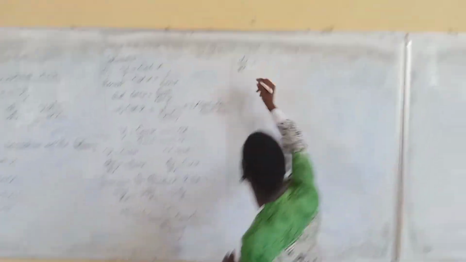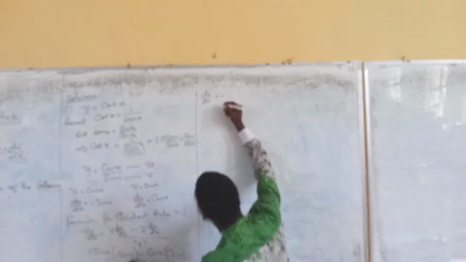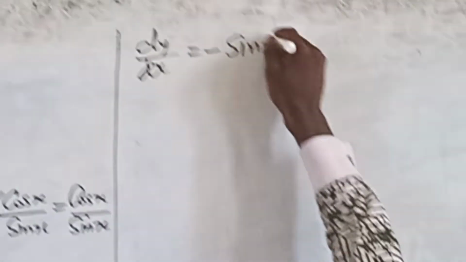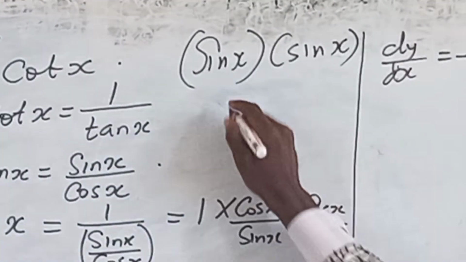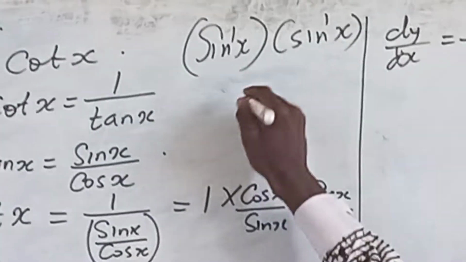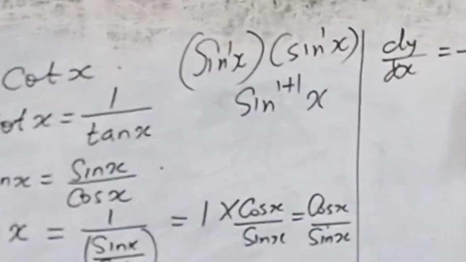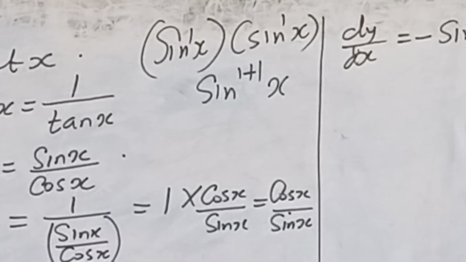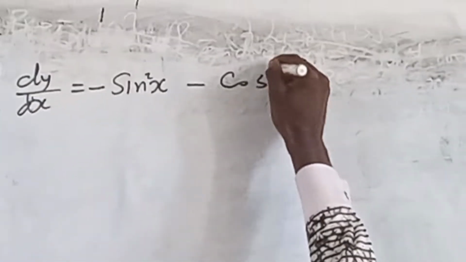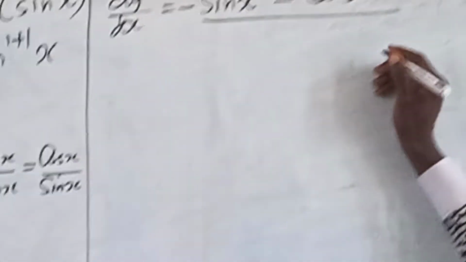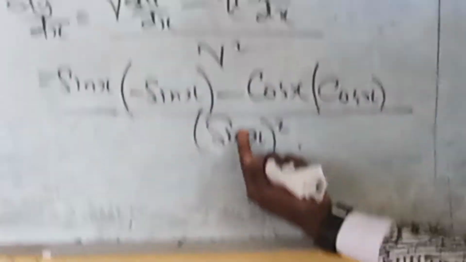So the sign comes first, then sin x times sin x is the same thing as sin squared x, because the power here is 1 and the power here is 1, giving sin to the power 1 plus 1 of x, which is sin squared x. The same thing happens here, so we have cos squared x over